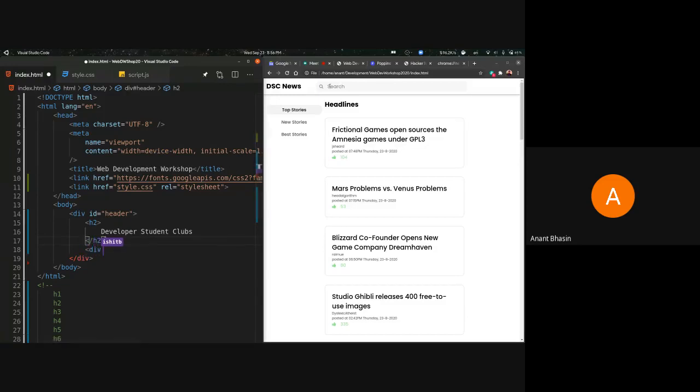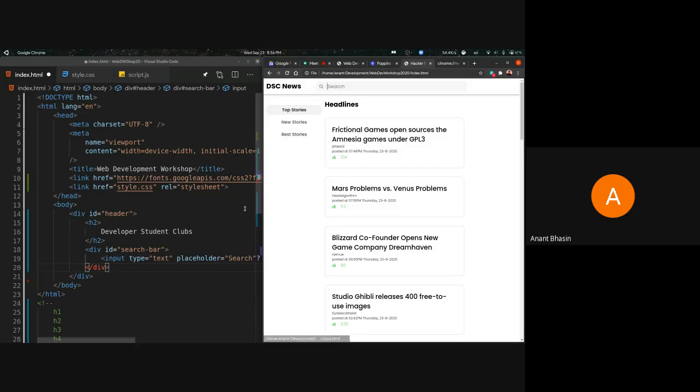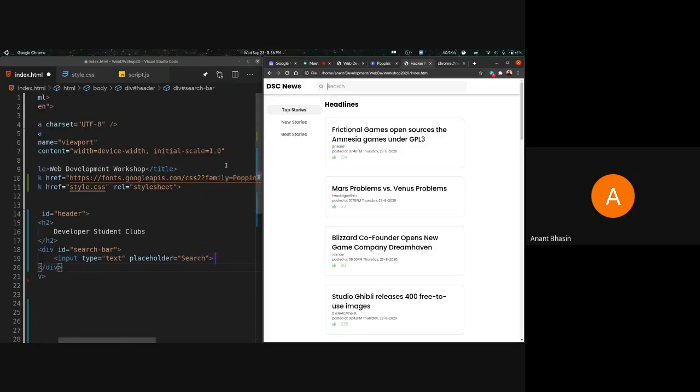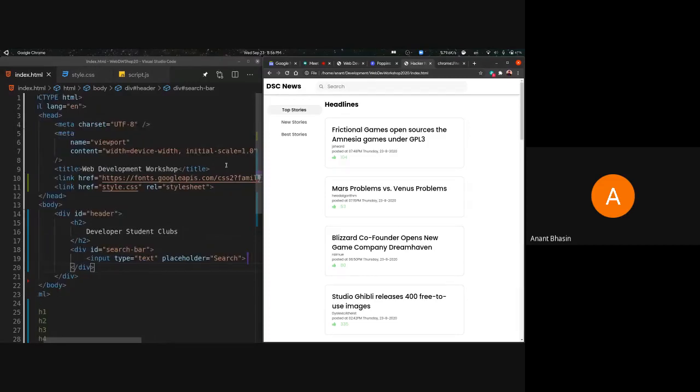Now he's adding an input for this. He's adding a div first. Why is he adding a div? Because we have this search button over here. The search button isn't actually a part of the placeholder or whatever text there is. So to contain this search button as well, we have to have multiple elements and not just the input element. So Ishit is now going to make the input element, which is just going to make this input without the search icon over there. So placeholder search. You can see the code he's writing over there. So that's the basic HTML for the header.